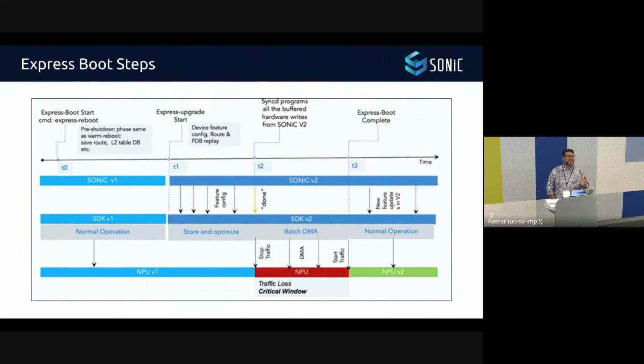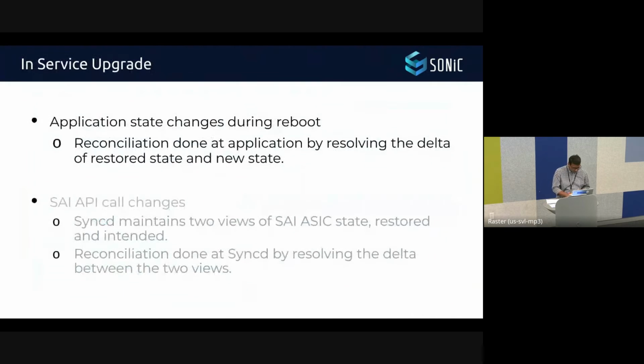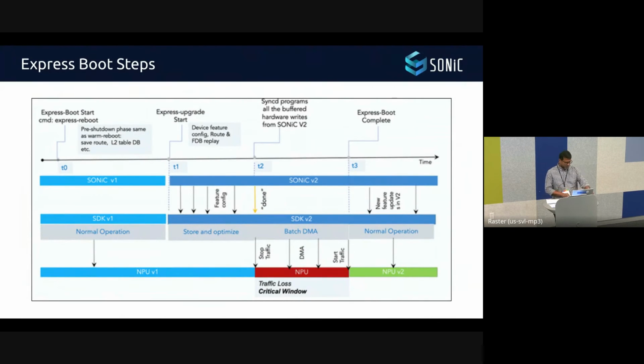So this picture in a nutshell shows what's going on with the Express boot. If you see at time t0, on the right side, the pre-shutdown phase, we save all the state. For example, we have learned neighbors, we have learned some FDB entries, so we'll have to save that. And at this point, SONiC is at v1, SDK is v1, and now we take an Express